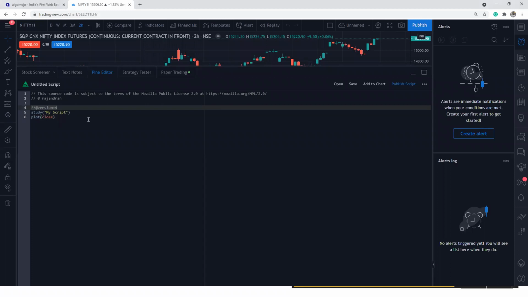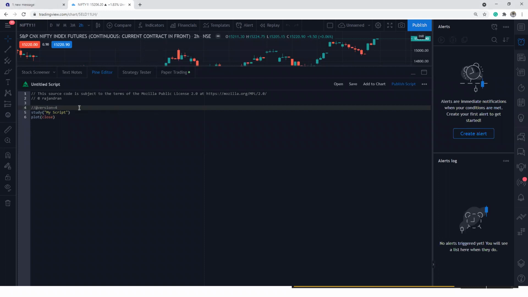Every time TradingView comes up with a new version. The latest version is version 4. Version 4 contains a lot of new features and functionalities that you can use in the TradingView platform.